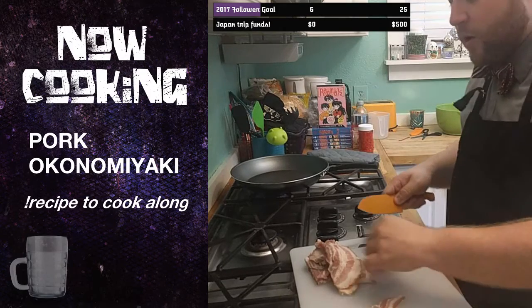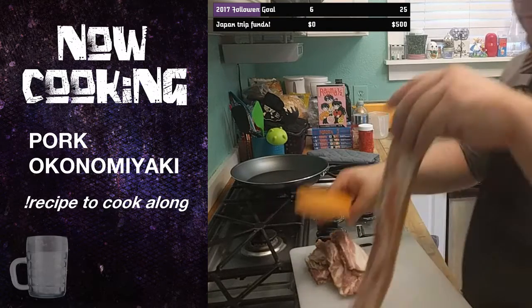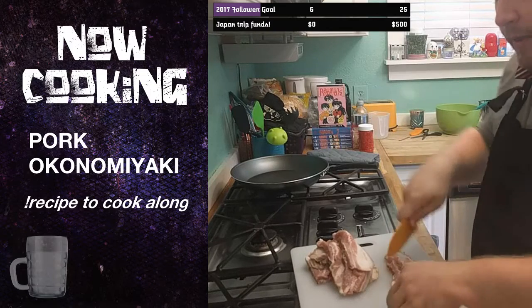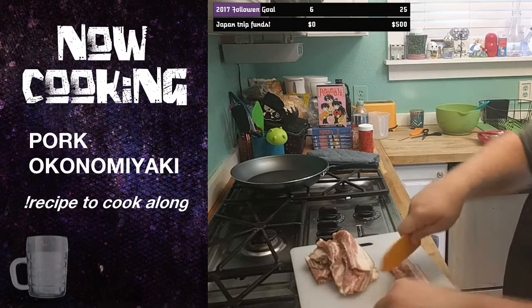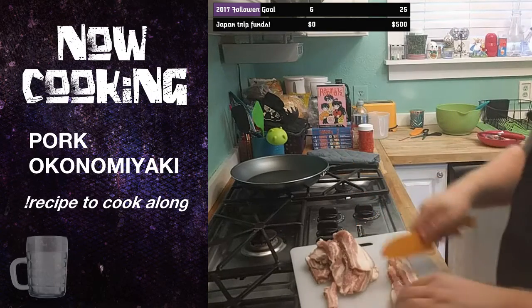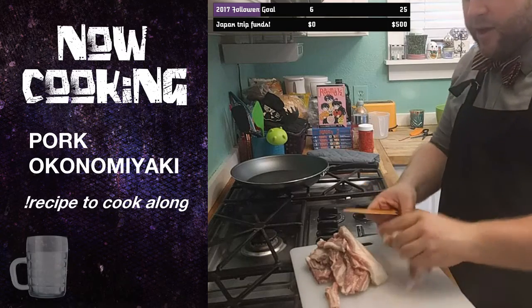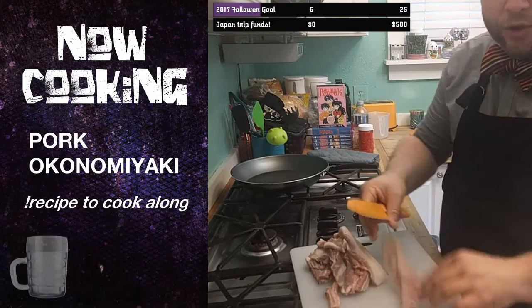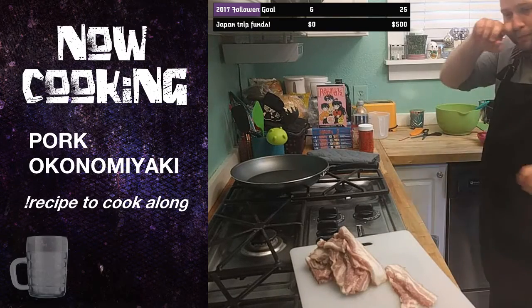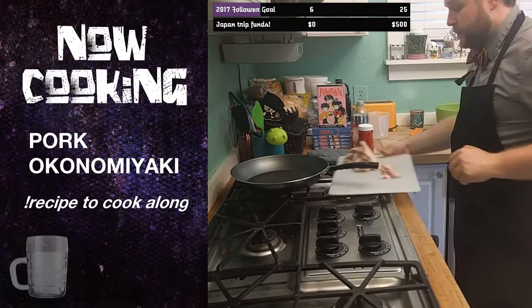Most recipes call for pork belly, and I imagine the pork belly probably does have some benefits to it. The fat content is probably going to help you out a little bit. That's why I opted for the rib bacon as opposed to a slab bacon or even just a generic bacon. I had a butcher cut this for me to thickness, so I got it a lot thicker than you would normally get bacon at the grocery store, which does make it easier on me to simulate the feel of pork belly. So...